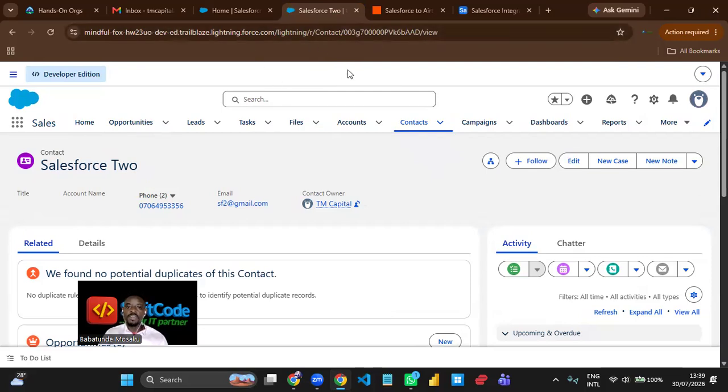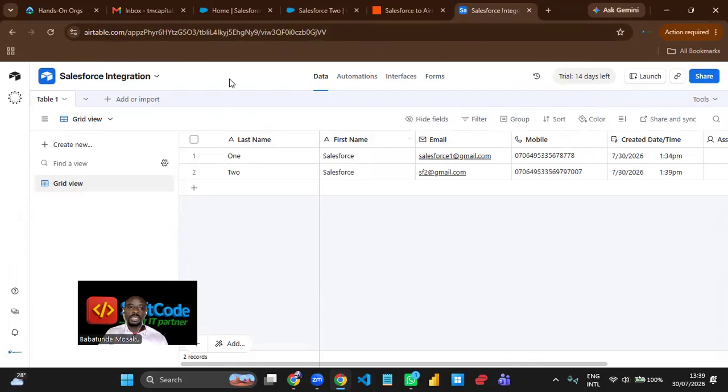we're still going to be here anyway. And after 5 minutes, we're going to go and refresh this again to see whether a duplicate record is being created or not. However, we have done this and it is working as expected, at least up to now. We'll still check it later. Now let us do the Airtable to Salesforce integration,